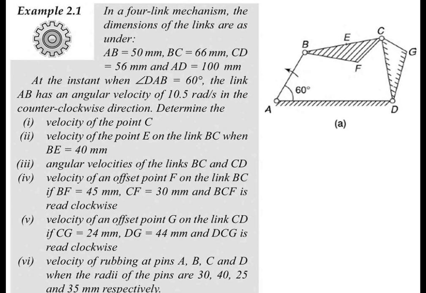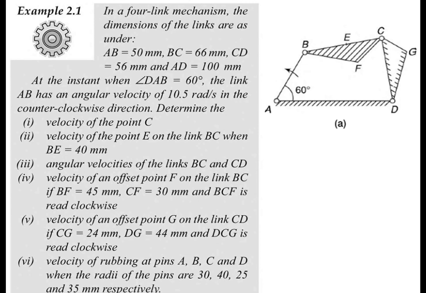Then you have to determine the velocity of the point C, and then the velocity of the point E. Point E is not shown, because that point E is on the link BC, which they have extended, where point B you can see at the center. It is not exactly a link point, it is a point on the link BC only. They have just shown the point, don't consider it as one more link. It is in that link only, that is point E.